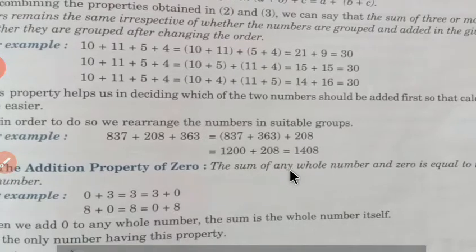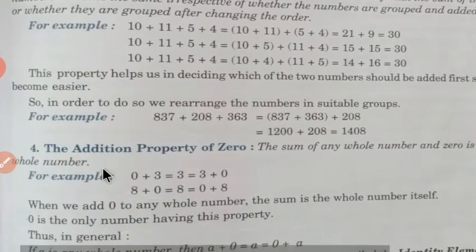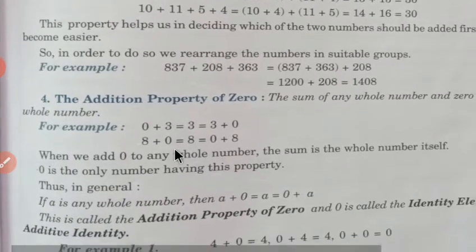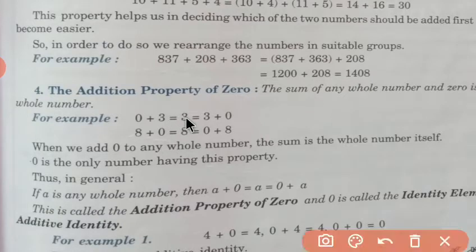The sum of any whole number and 0 is equal to the given whole number. If we add 0 to any whole number, the answer will be a whole number only. For example, 0 plus 3 is equal to 3, or 3 plus 0, or 8 plus 0 is equal to 8, or 0 plus 8. It means if we add 0 to any whole number, the sum is the whole number itself. Or in a general way, we can say that